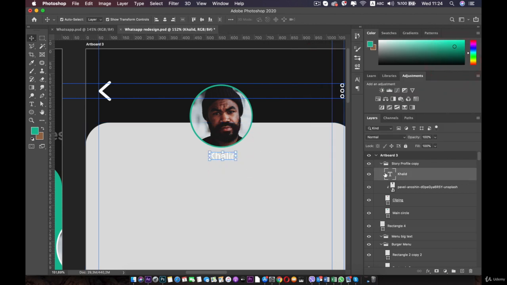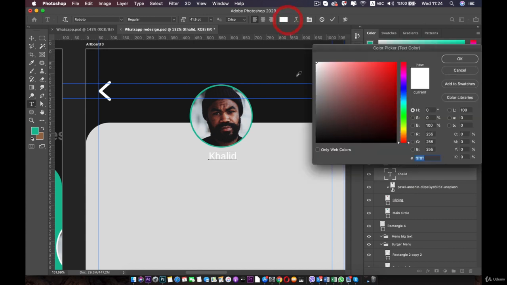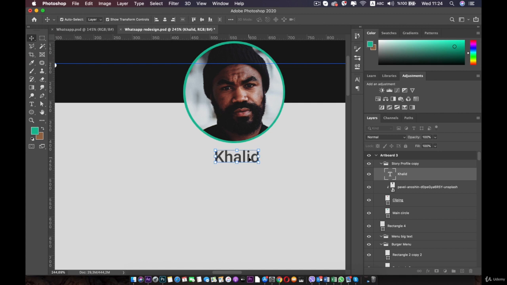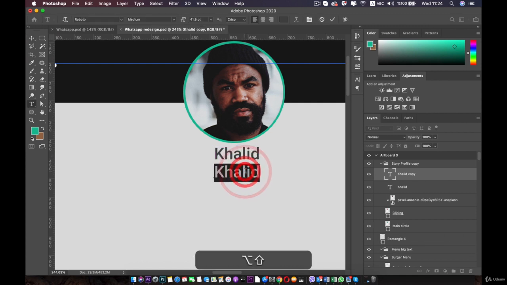And then the name, we will change the color, make it dark like this, and then make it bold. Now go to the Move tool and we will move it up a bit. Press Alt and bring it down like this. You made a copy of it, and you're going to write he was online